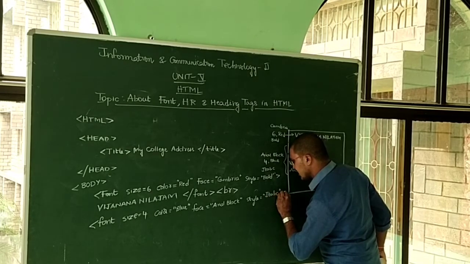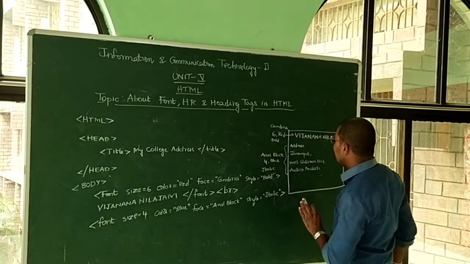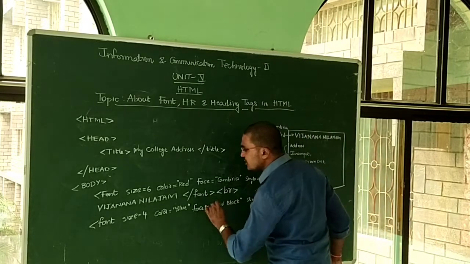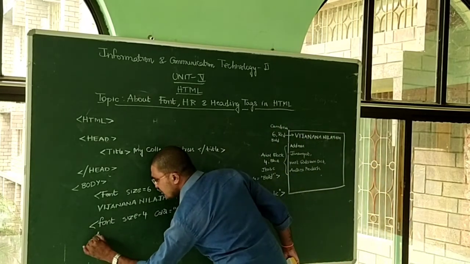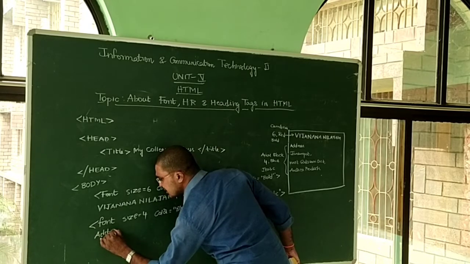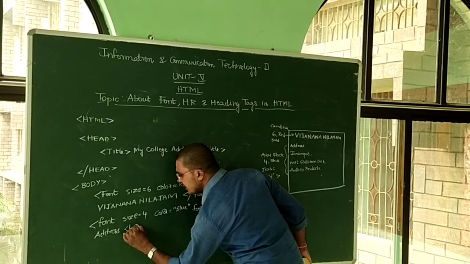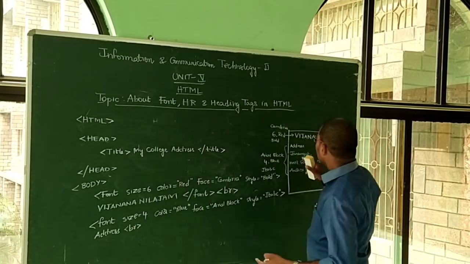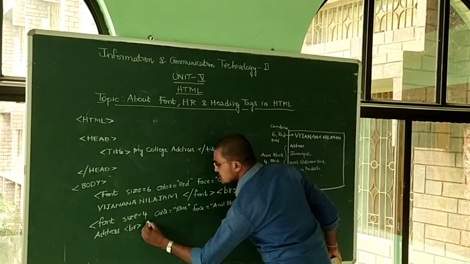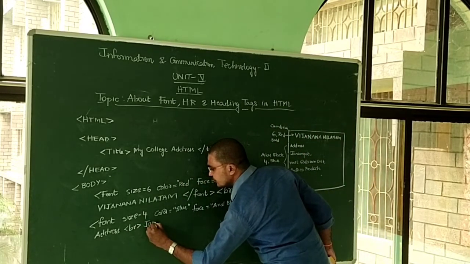These properties are completed. First close it. Now, what text do we have to apply the properties to? The first text I have to write is Address. Now Address is complete, I will use the BR tag. BR means take a new line. The next one is called Janampet.